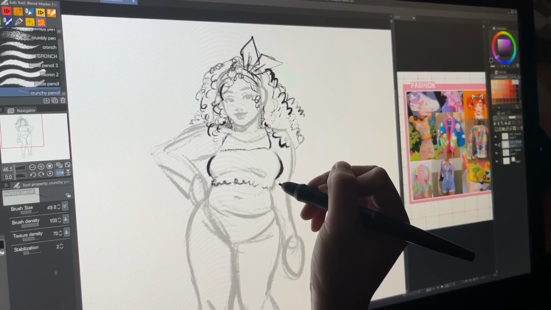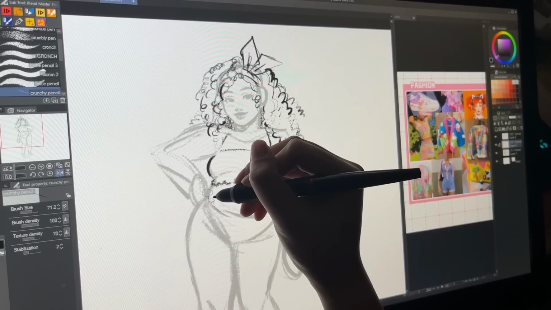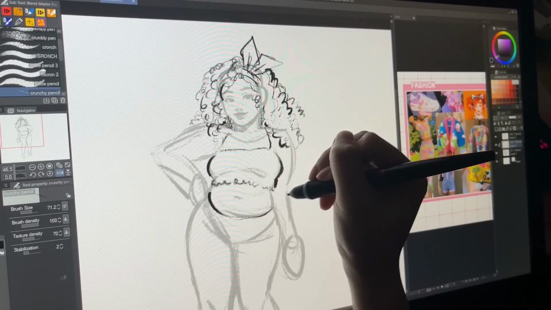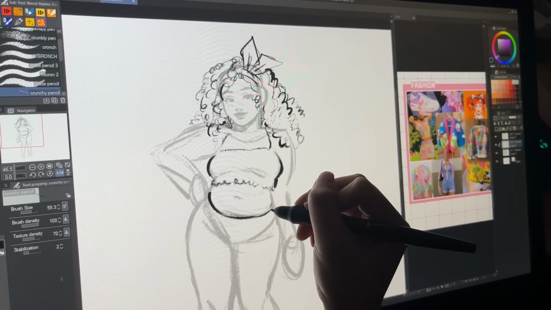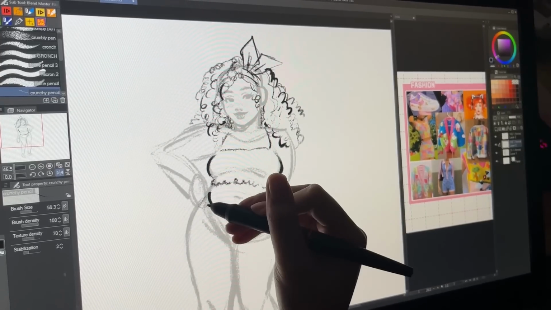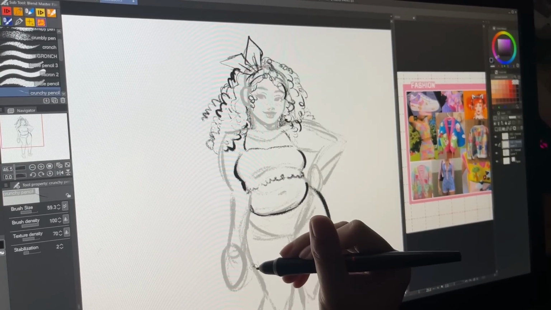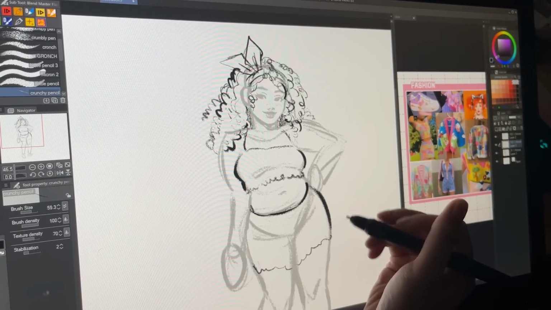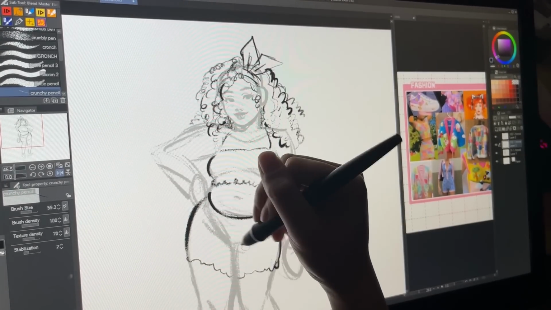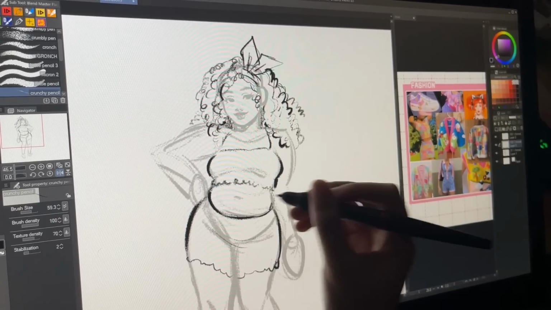Because as you can see here, I'm trying to draw some clothes on her. I didn't fully commit to it because I just didn't like how it was looking. I was just at a point in this design where I was really frustrated, and so I had to take quite a bit of a break from it before revisiting it after doing some adjustments off camera.